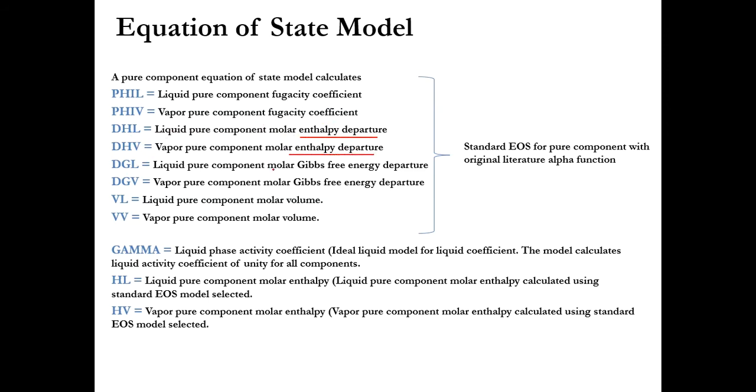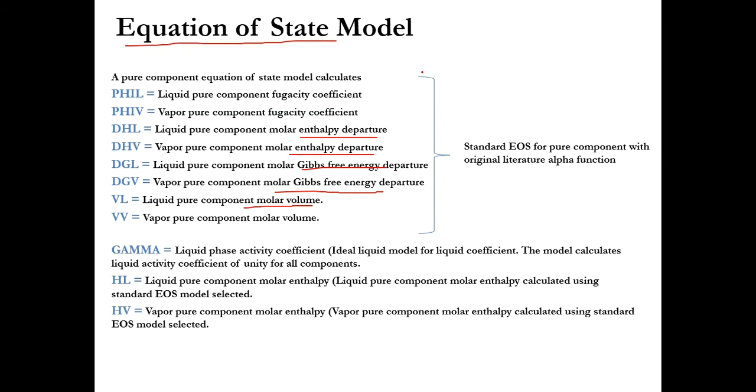Then again molar Gibbs free energy departure for vapor and liquid. Similarly molar volume for liquid and vapor. So for these types of requirements we use equation of state models, which include Peng-Robinson, SRK, Soave-Redlich-Kwong, Schwartzentruber-Renon, and there